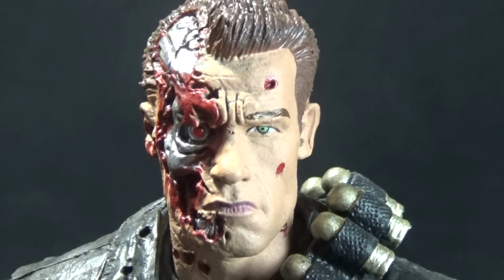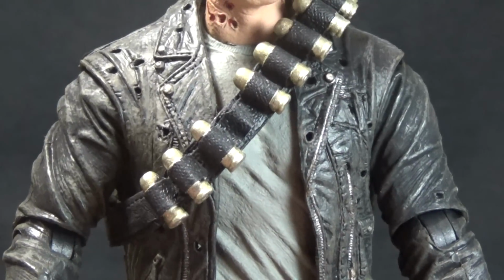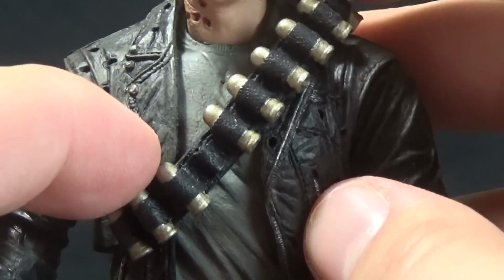It almost seems like they would have been slightly better off giving us the less damaged version of this head sculpt, which I think also came with that final battle version, that is more the damage that he took when they were escaping Cyberdyne. Moving down to the torso on this figure, we of course have the bandolier here with the